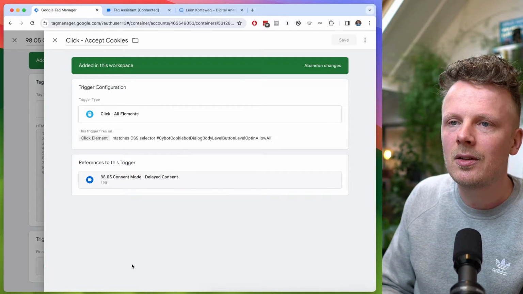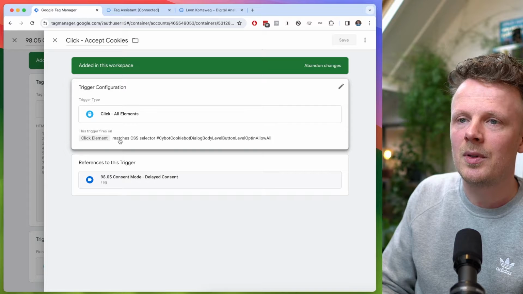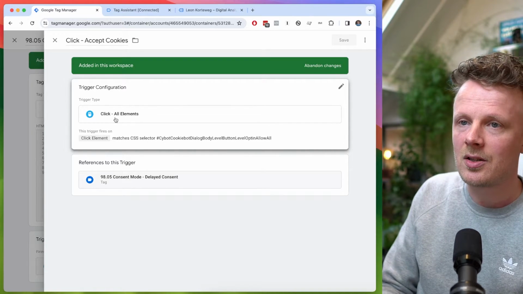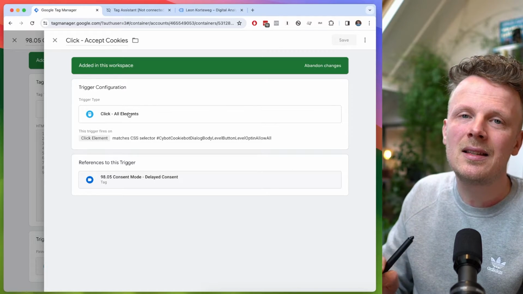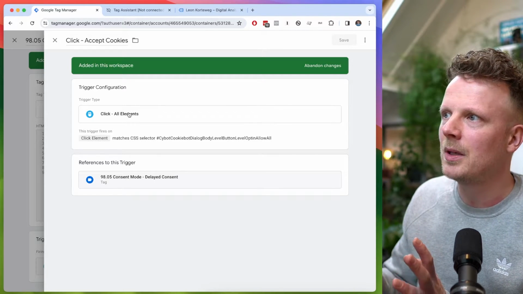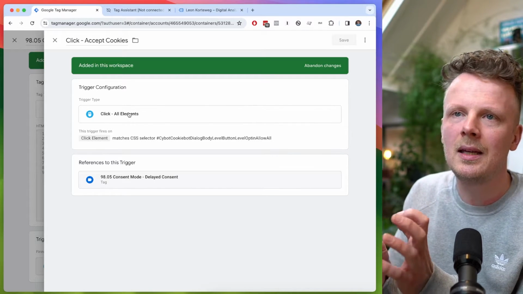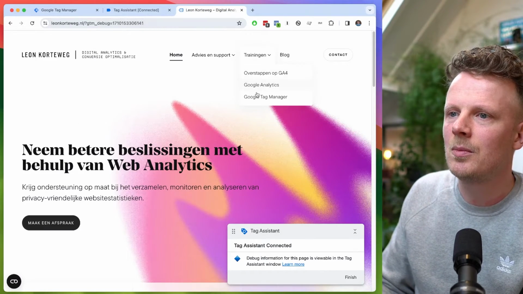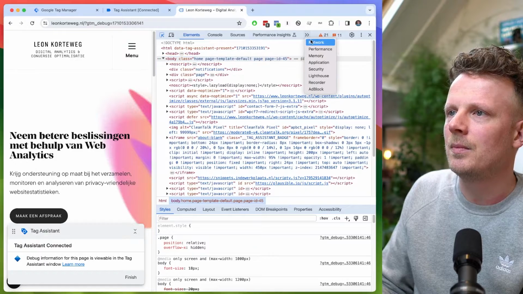So I've made a custom trigger. It is click element matches CSS selector. And then I made this CSS selector. It's a click on all elements. I've made an entire video, I think about 20 or 30 minutes long, on how you make these kinds of triggers. So I'm not going to explain too much in detail, but what I did here is, let me